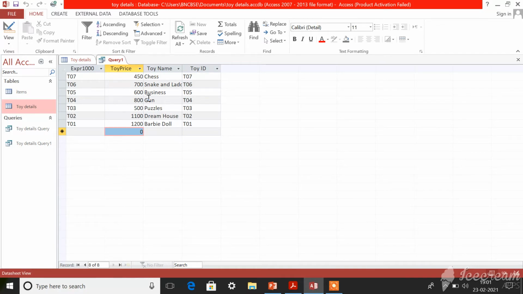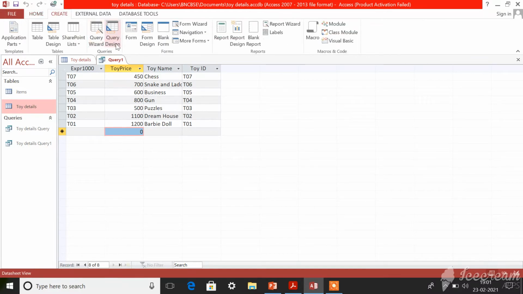Okay, so this is how you need to use the query option using query wizard and query design. Using the create tab, we have seen how to create queries, isn't it? Now the next thing is forms.